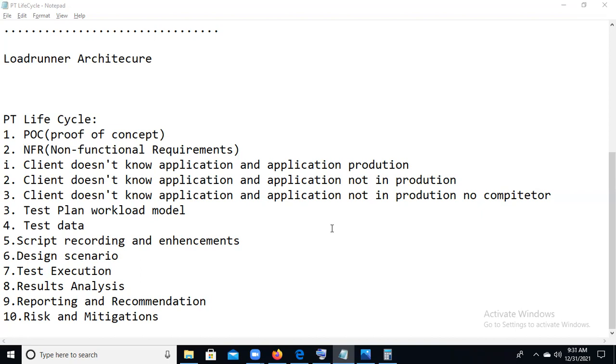Sir, once we prepare these two documents, we also need to prepare some test data. Test data is nothing but our requirement. For example, if I need to execute with 100 users, I need 100 usernames and passwords, right? Yes, so that is the test data: the data we need to prepare for 100 users, 100 usernames and passwords.